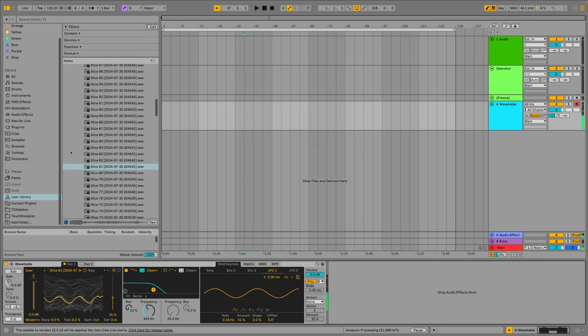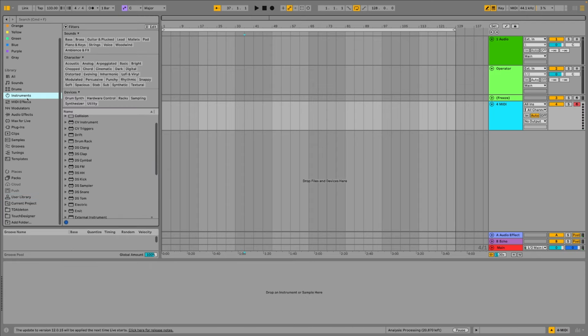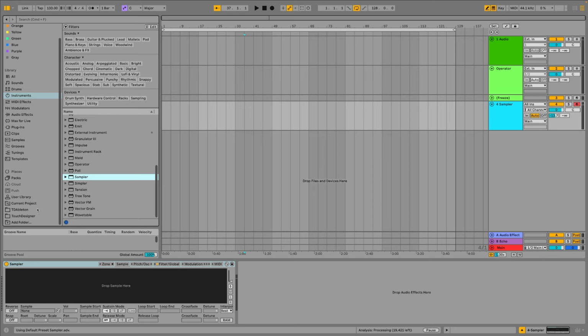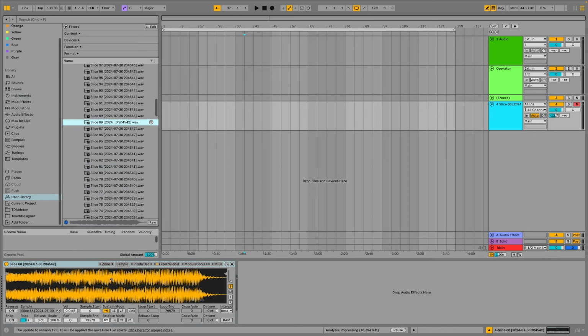Okay, that was an example of making nice pads, but you can do some other quite interesting articulations of these sounds. So if we take a sampler, it doesn't really matter which one I grab. That's rave. Anyway, if we want to create a bit of percussion, we need to certainly have some pitch envelope